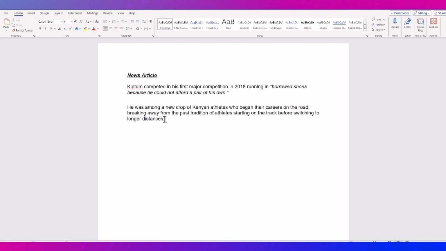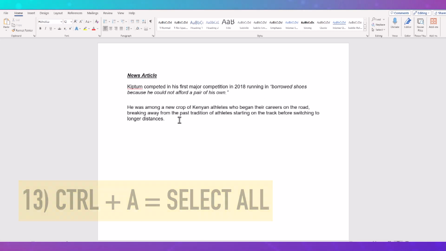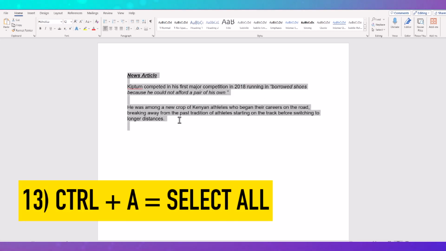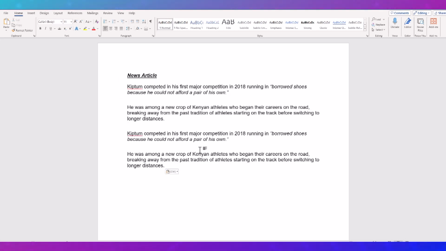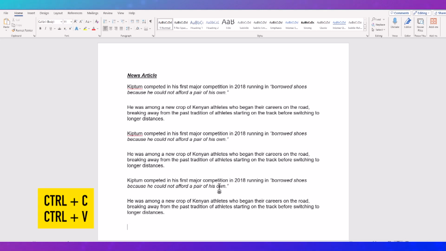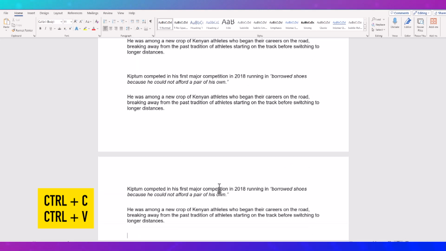So far you've been seeing me select it using the mouse. There's many other ways to select the text. So one of these is Control and A. So this will select all of the text inside your document. So you could even have pages and pages, but this will still select everything in that document. And let's say you do have a lot of information in here. So what I'm going to do is copy and paste a few copies of these,